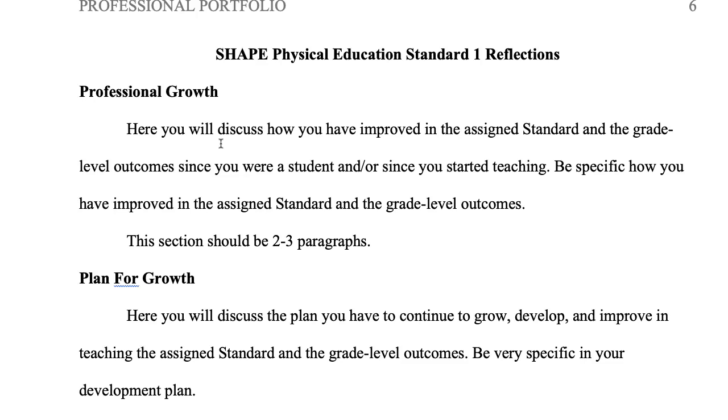I want you to be specific here. How have you improved since you first began teaching standard 1? Only address standard 1. For coaches, how has your understanding of developing a coaching philosophy grown over the years? Younger coaches really struggle with this. They don't understand the importance of having a coaching philosophy. The more experienced coach does. That's one thing I've noticed about this area, is that younger coaches just don't quite understand the necessity of having a